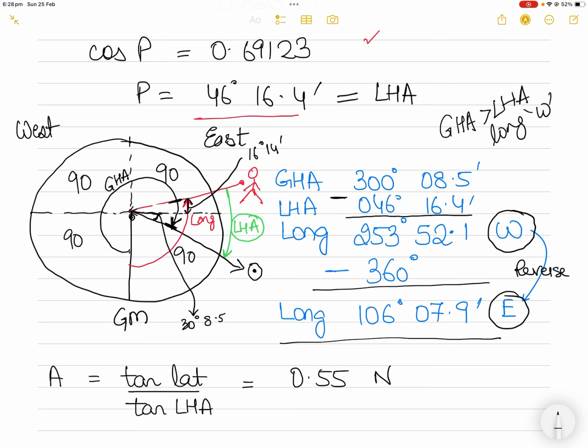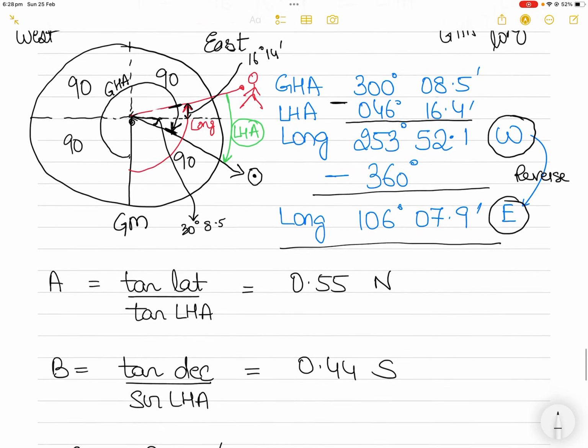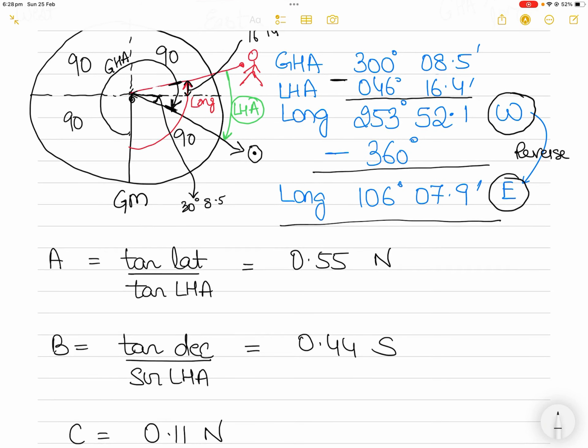You know that already. All right, once you have found out your longitude, you just have to find out the position line. But before that, you have to find out the bearing or the azimuth. How do you do that? You find out A equals tan lat by tan LHA. So don't worry about P now, forget about P, use LHA. So tan lat divided by tan LHA, put the value of latitude here, put the value of LHA here. All right, and find out, ignore the negative sign. You get 0.55, you will name it north because A is named opposite to latitude